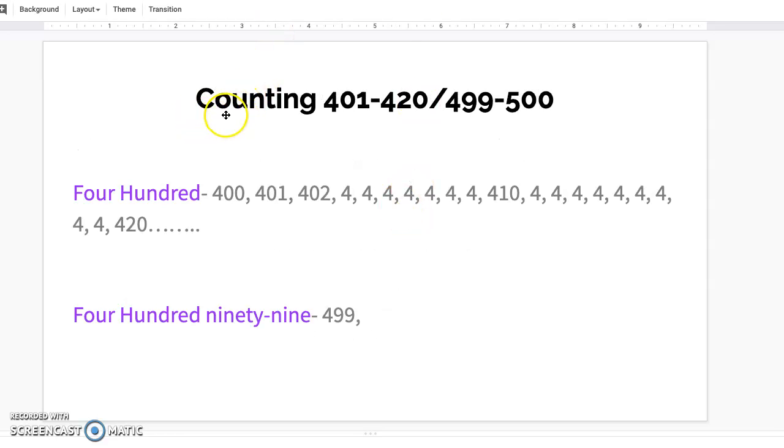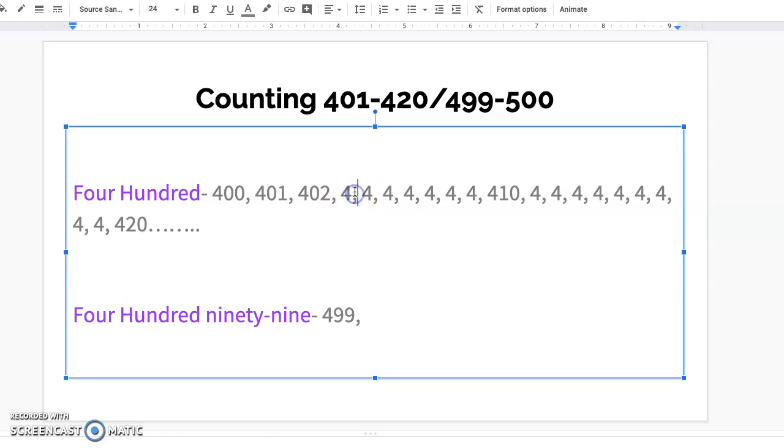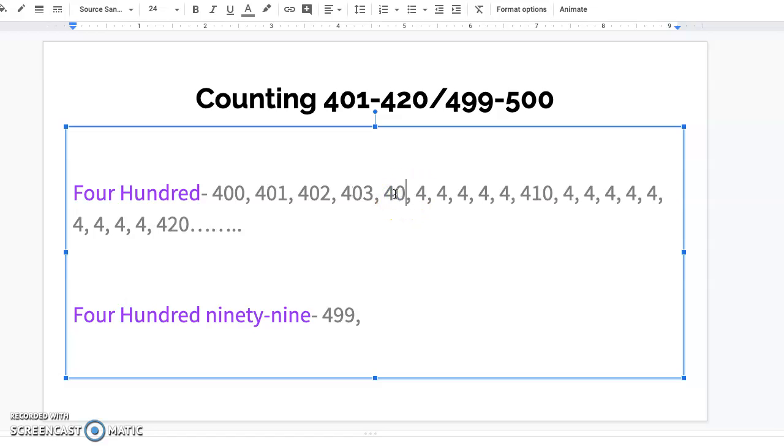Alright, this is counting 401 through 420 and 499 to 500. We're going to do this together. So we have 400, 401, 402, 403, 404. See, there's no tens place, there's just the ones. Hundreds, tens, ones. Until then we got 404,